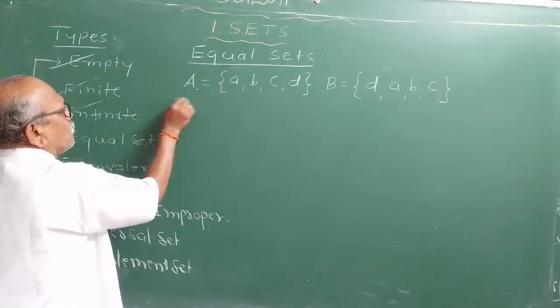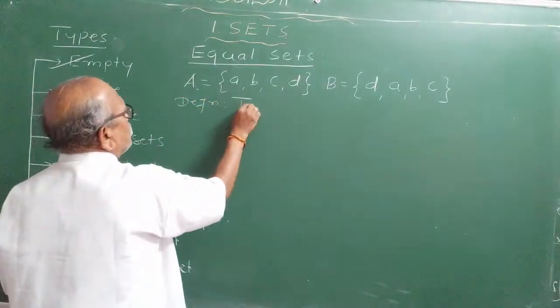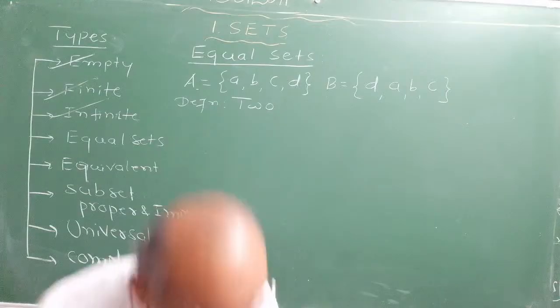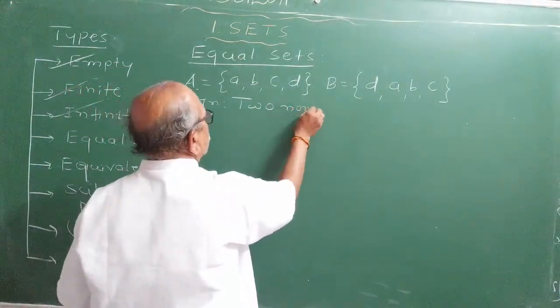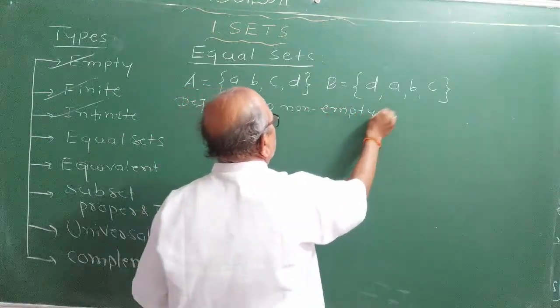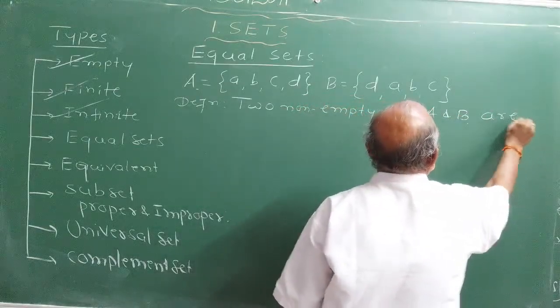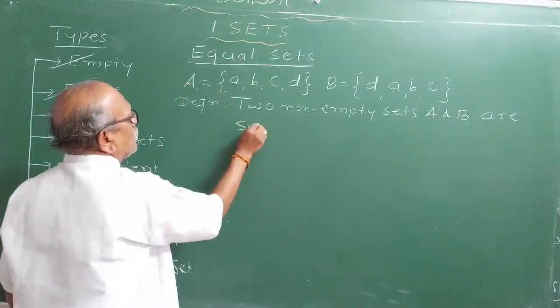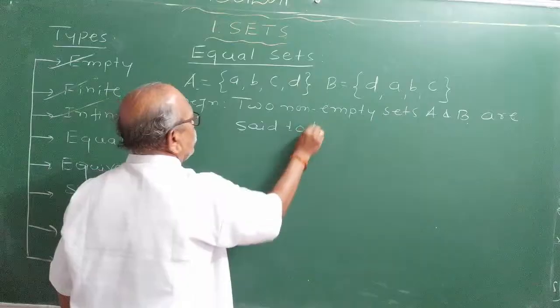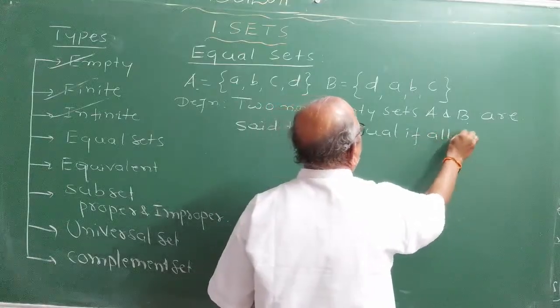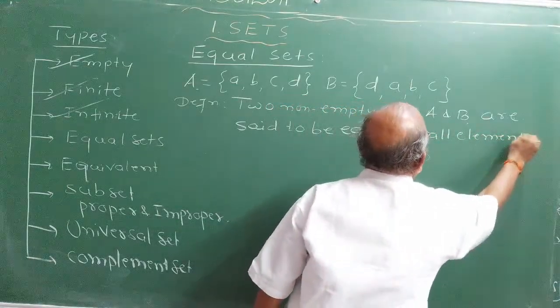Then how to define equal sets? Two non-empty sets A and B are said to be equal if all elements of A